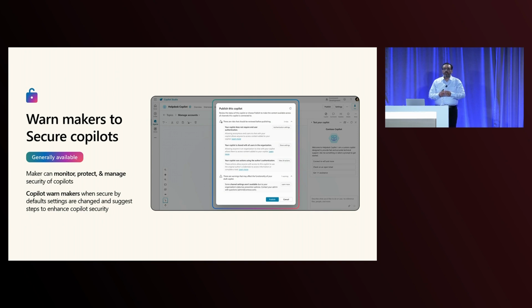For example, maybe we are using a connector, and we have to make sure that not the owner or the builder who actually published or made this connector, their context is being passed to it. We want to make sure the context of the user who will be using it in the actual chatbot gets passed into it. And there are warnings if we are sharing this agent to everybody in the organization, or if anonymous access is configured. So these warnings play a pivotal role when we are publishing or republishing and collaborating with different builders and developers in our scenarios for the Copilot publications.